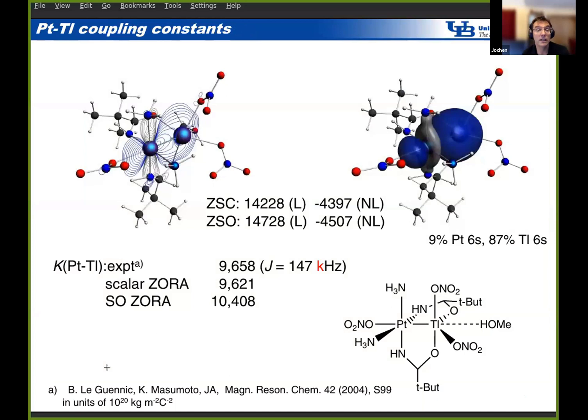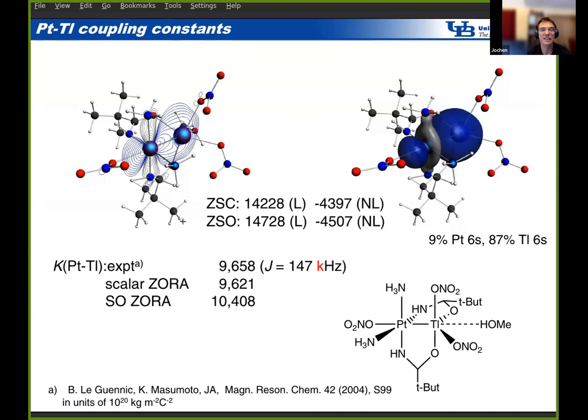Here's an example I wanted to show you to illustrate the importance of these delocalization tails. So here we had a compound that we were interested in, which has a platinum and a thallium center. So we're dealing with two heavy nuclei. And the J coupling between those nuclei is enormous. It's experimentally 147 kilohertz. That is, I believe, still the world record holder for the largest heteronuclear J coupling constant